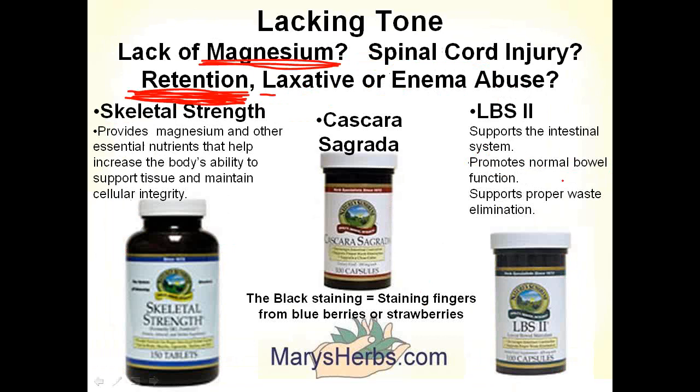So a question's being asked on this. Would you give magnesium with one of these, like the skeletal strength, Cascara or LBS2? Yes. Okay. And actually, skeletal strength has a lot of magnesium in it. So I like the skeletal strength the best as a source of magnesium for anyone who's a little bit constipated. I do suggest the other sometimes too, but